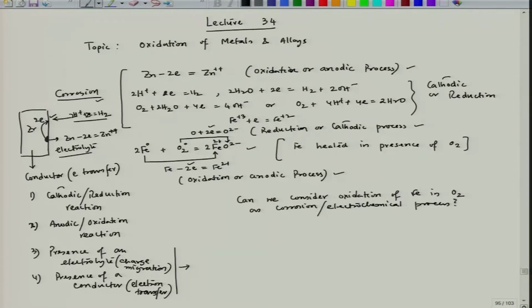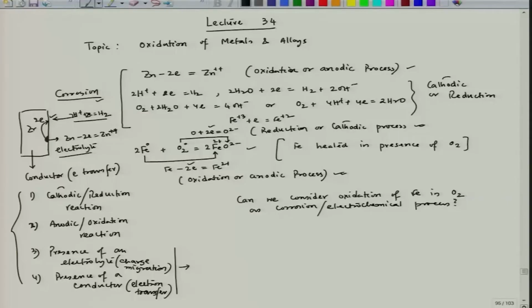So, we have to answer this particular query. But at least one thing is clear, that we could see two components, two parts. At least 2 parts are there, so we have to find out 2 more parts. In order to find that out, we have to understand how oxidation takes place. So, before we go to that query, that how oxidation takes place,